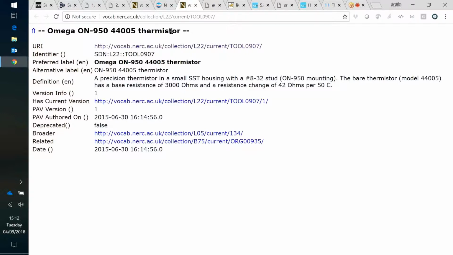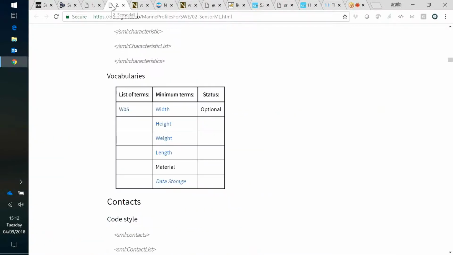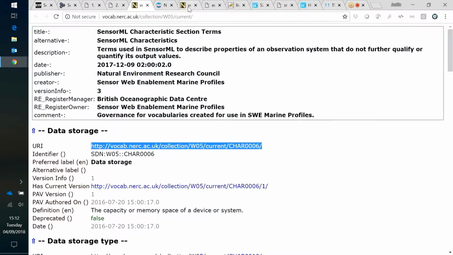But the vocabs don't necessarily need to be hosted by us. Any vocab that follows good governance around the world can be used to identify these terms, the key things that we use in the vocab to do it. The other vocabs we've created, if I go back,